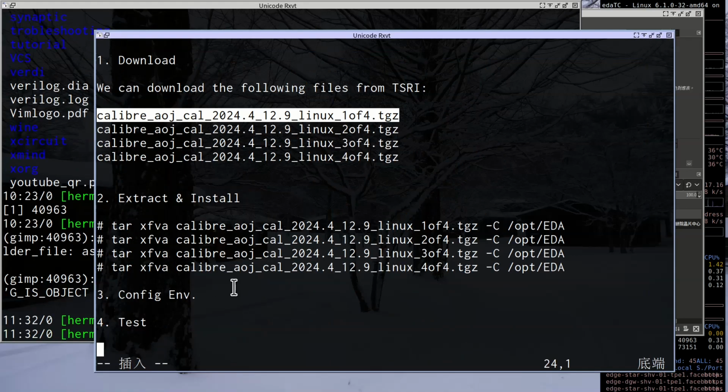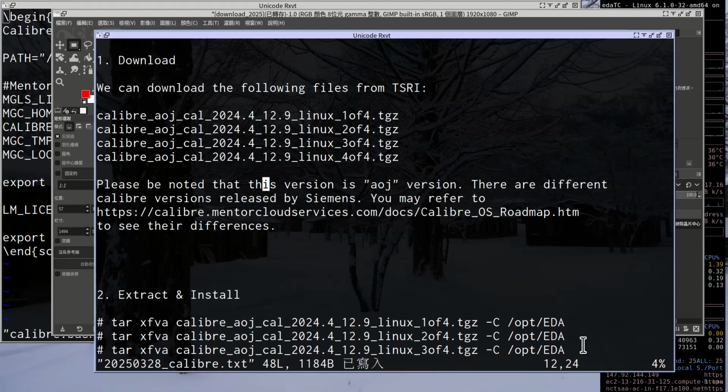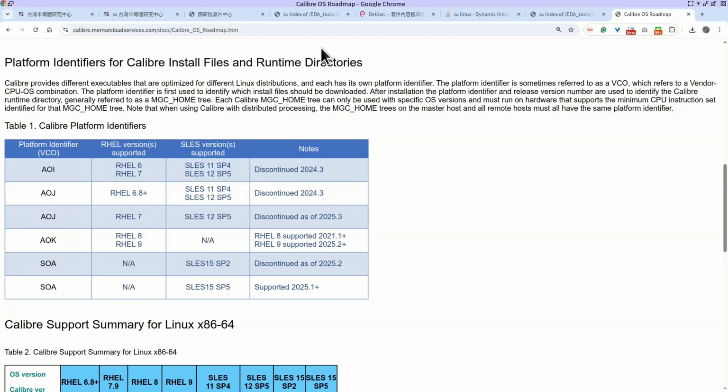To finish this step. Okay? There are different Calibre versions released by Siemens. You can see we have downloaded AOJ from the website, right? And you don't know what AOJ is, so you can go to the Calibre roadmap. There are AOI, AOJ, AOK, SOA.